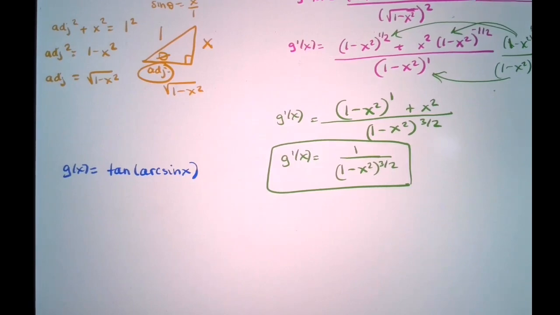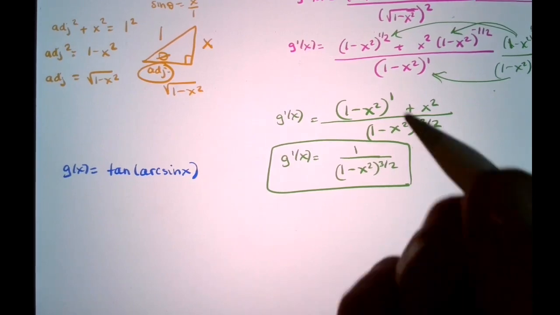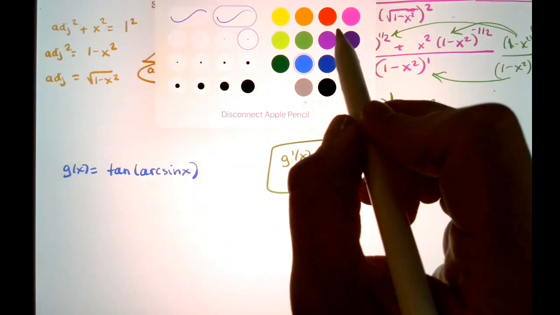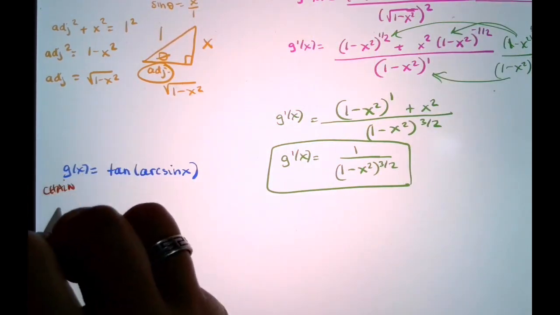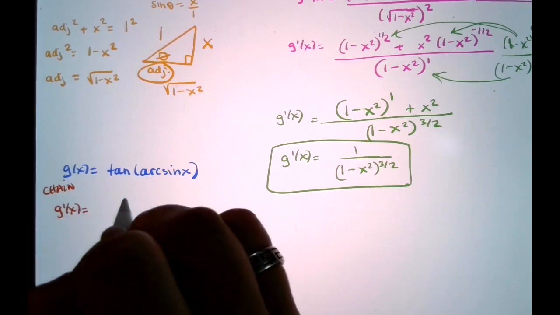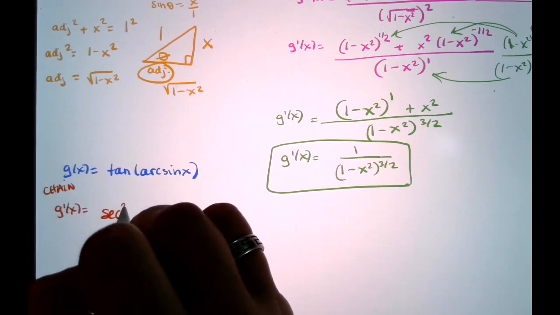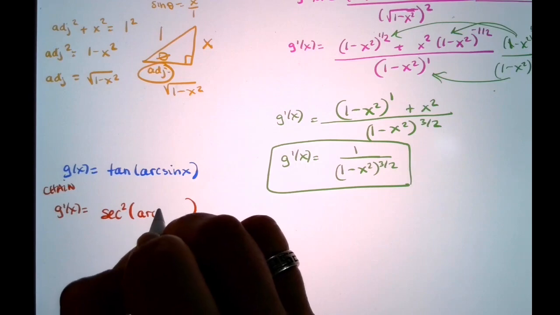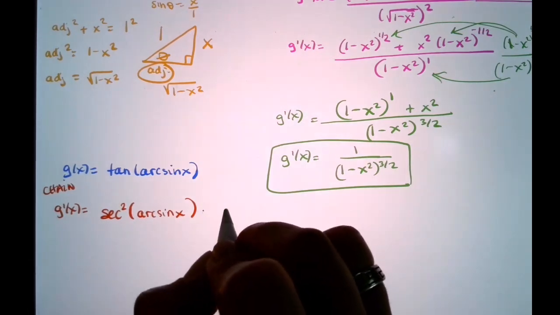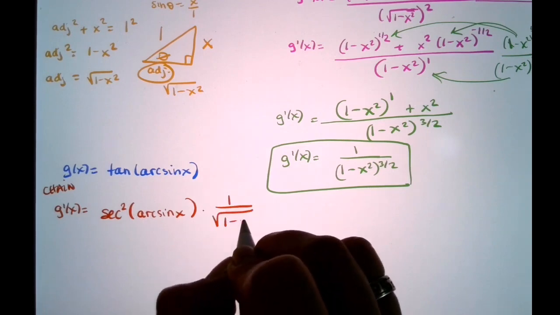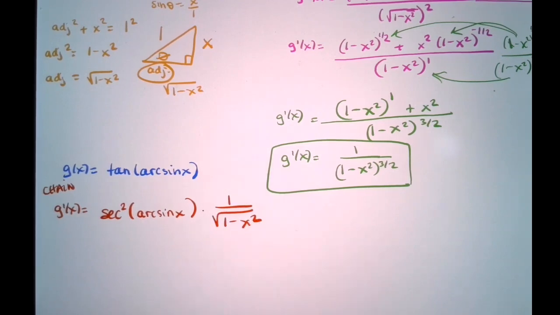I could say let's just do a derivative. Let's just do a chain rule. Let's get it done. It's a fancy chain rule. The derivative of a tangent is secant squared. Remember, you don't mess with the inside stuff now, right? You just sort of chain it out. Now I have to multiply by the derivative of arc sine. So really that's your derivative. That's just straight up chain. I mean,